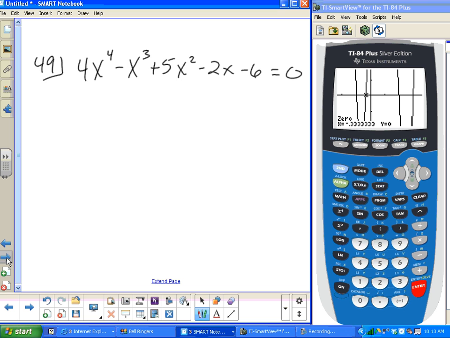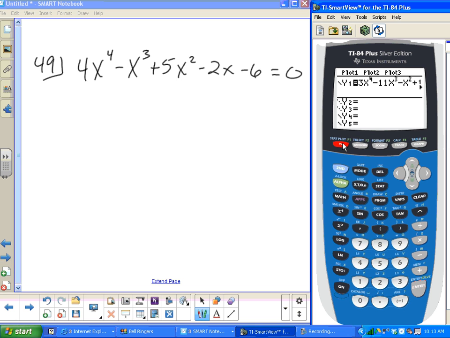Now, all right, let's look at this one. Let's get this one entered in, okay? All right, 4x to the 4th minus x cubed plus 5x squared minus 2x minus 6. All right, now, if I hit graph, it's going to be that zoomed in version that I had